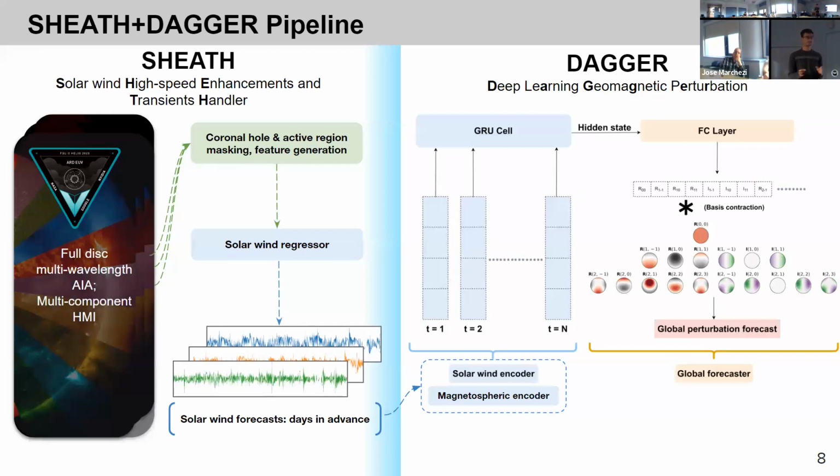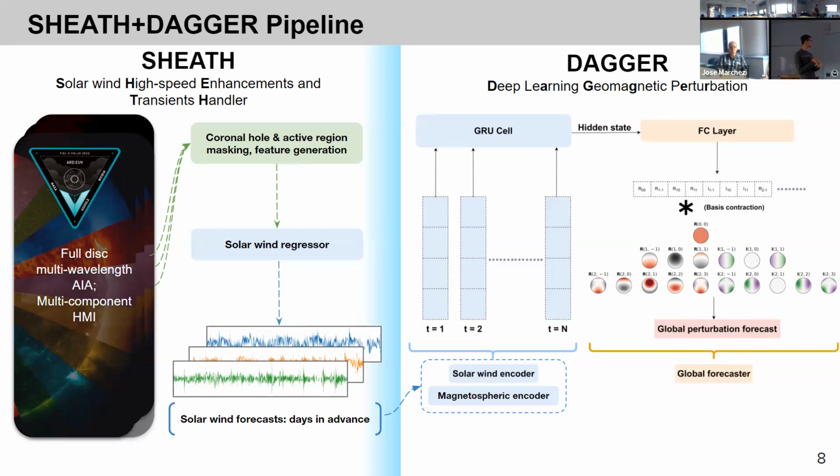So this pipeline is a bit complicated, but I'll try and break it down pretty simply. The first component, which is the solar wind forecaster, we call Sheath. This starts with the solar imagery. This is AIA and all 3 components of the HMI instrument, which creates magnetograms, I should say.